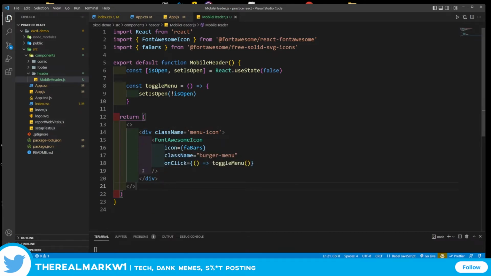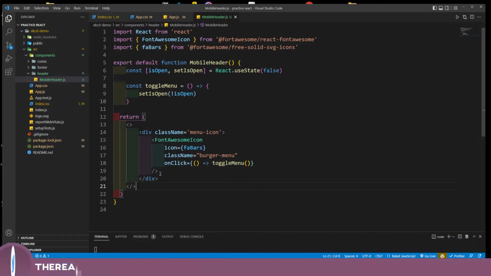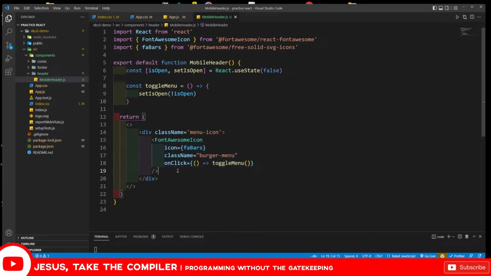As you can see, this has an open and close thing right here, but in React, you could just close itself off, and it's still going to work just fine, which is kind of nice there. So now that we have that set up, the next thing we want to do is have our menu. So we're going to come in and we're going to do a div, and then